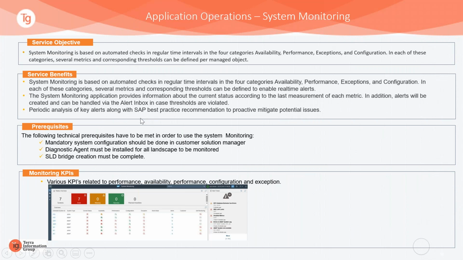You can do your analysis, you can do root cause analysis as well, trying to figure out, if you know that there has been some error, you can go into past data and figure out what could have been the issue. Like if there are a lot of users accessing this data, you can check at what interval of time, what the dialog users were, what the workflow processes were. You can take that data as a correlation and do your analysis from there. There are some prerequisites which are mentioned, and again,